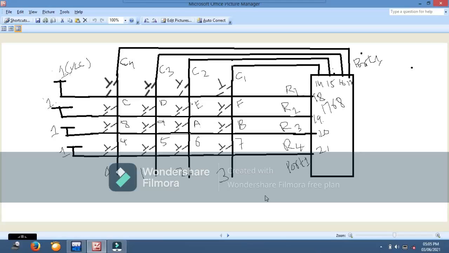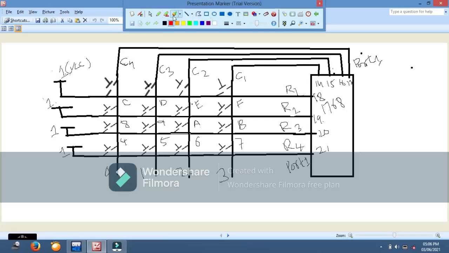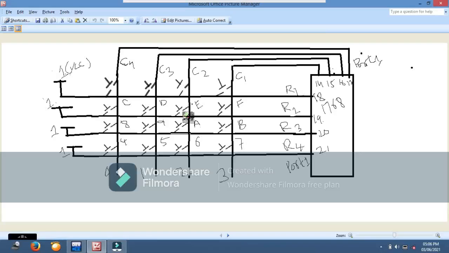So here we are interfacing a 4 by 4 hex keypad, which has a total of 16 keys and is connected as a matrix of 4 columns and 4 rows. You can see it in the diagram. First we try to understand this diagram so that we can easily understand how we write the program. The logic behind writing the program we need to understand with the help of this diagram.